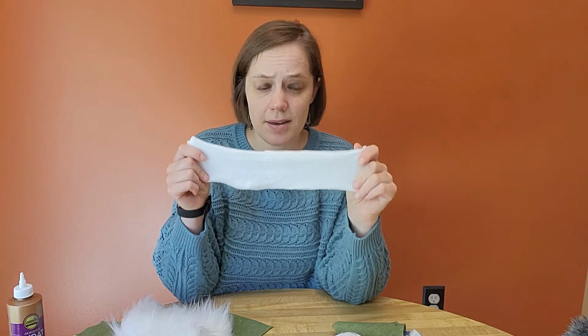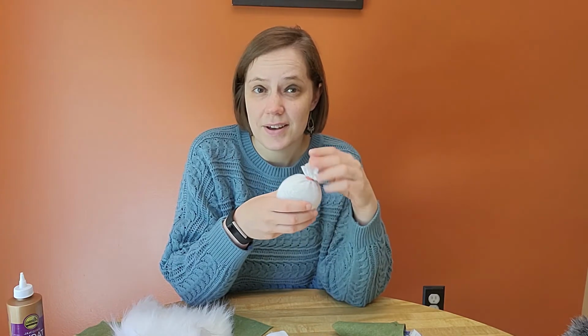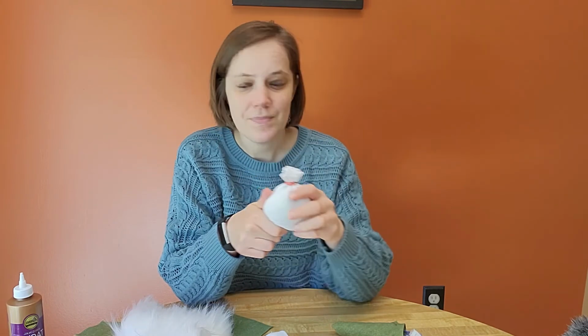So we're going to start off this craft by taking an adult sock and filling it with 1.5 cups of rice, and then we'll rubber band the top of that just above where it's full and cut off the rest of the sock. So once that's done, you can work on adding the beard to your gnome, and we're going